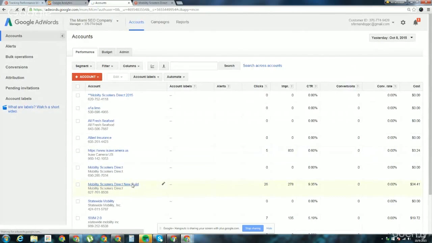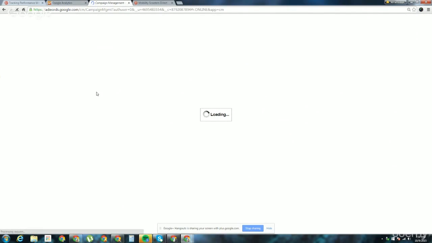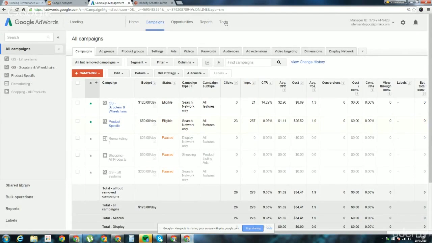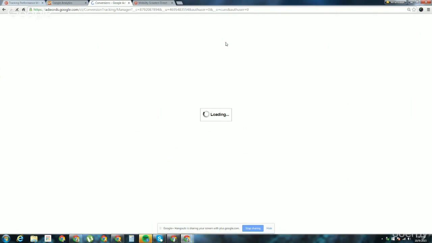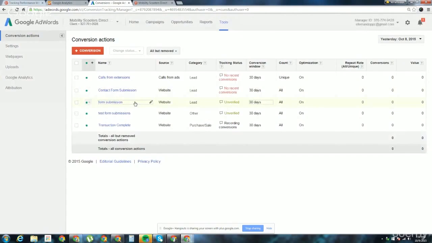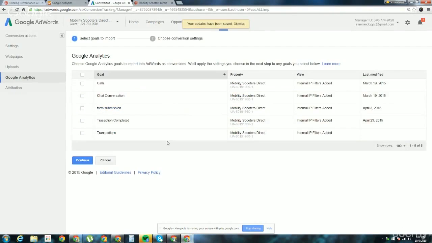Since I have many accounts, this is MCC, I'm going to have to drill down. Click on Tools, Conversions. Here, you'll be able to see a way to either set up new conversions or import, but I've already imported all of them. So then I'm going to click on Google Analytics. Here they are. So it looks like they're already all listed,